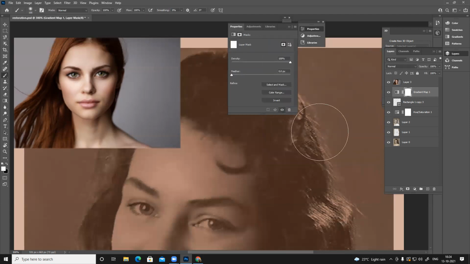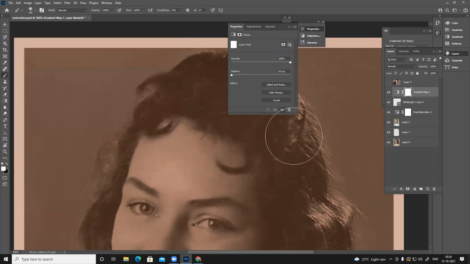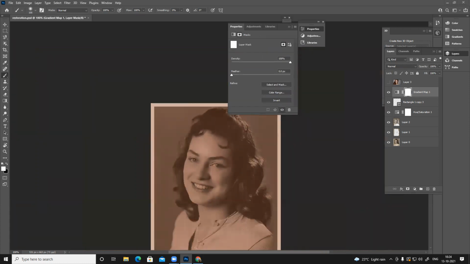Somebody is saying something, the Control plus scroll also zooms in and zooms out. Yes, Control plus scroll also zoom in, zoom out. So right now this is affecting the entire image. I'll just bring it down because this frame I want it to be white. So just click and drag it down. Now this should affect the skin only.